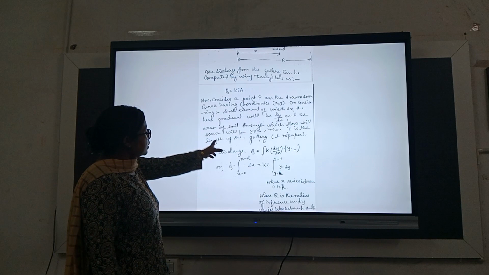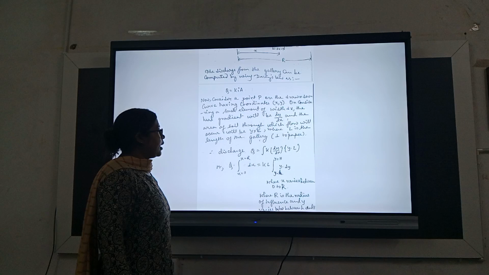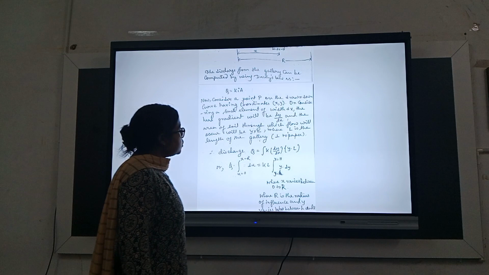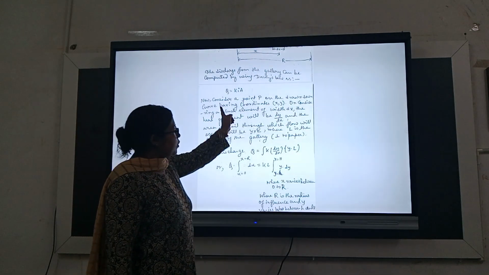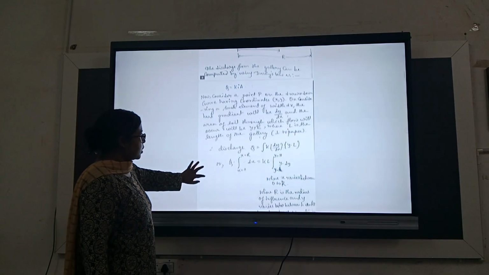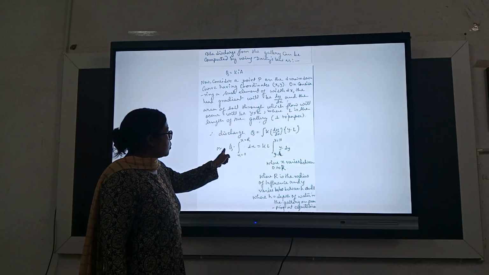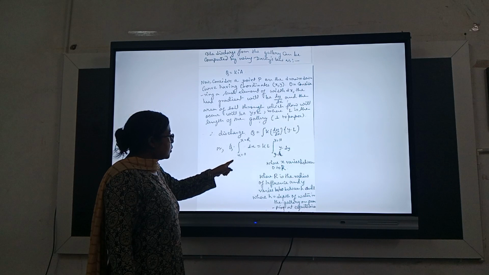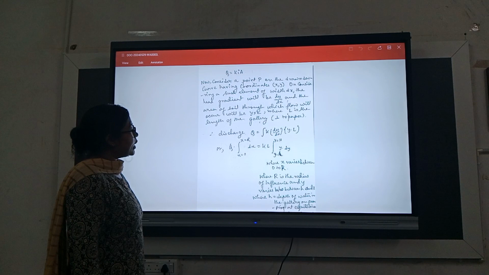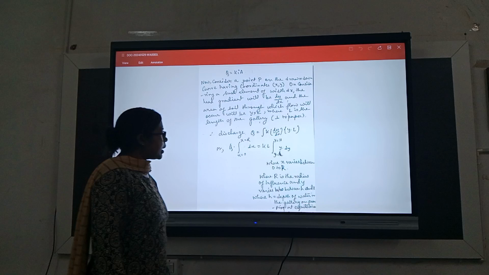Now, putting this in Darcy's equation, Q equals KIA: K, in place of I we are putting dy by dx, the head gradient, and in place of area we are putting y into L. After integrating on both sides, with limits x equals 0 to x equals capital R on the left hand side, and y equals small h to y equals capital H on the right hand side,